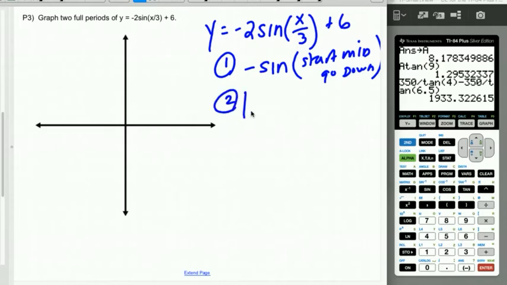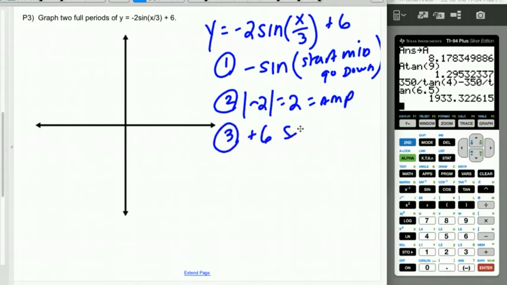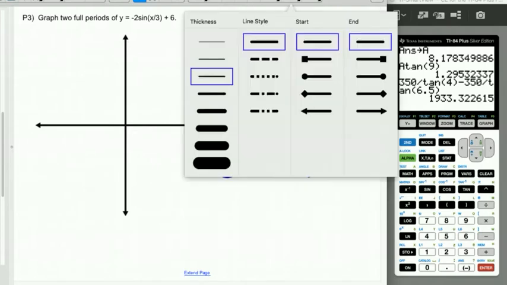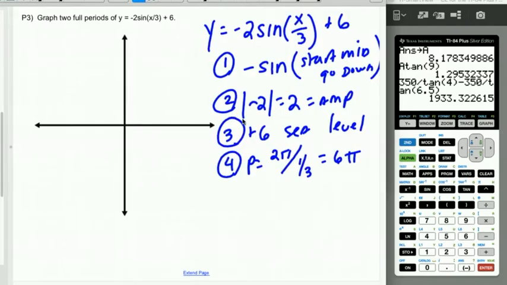Second thing I notice is that the absolute value of negative 2, which is 2, is my amplitude. I then notice my sea level is +6, which means up high. And then the period is going to be 2 pi divided by, and this x over 3 is the same as a 1/3 x, so it's going to be a period of 6 pi. So let's go ahead and put that stuff on here. Sea level is 6, so 1, 2, 3, 4,